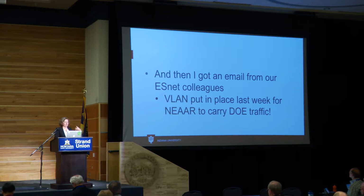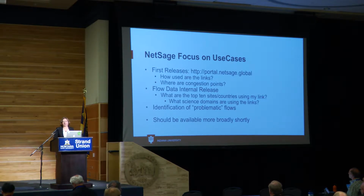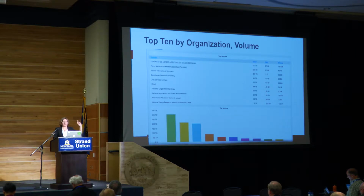So this is one way people use the NetSage portal. It was set up to understand how the links are used. How are these international government-funded links used, because every other large-scale facility that NSF supports has this data readily available. We're currently doing a release of the flow data, so we're able to show you by organization or country or